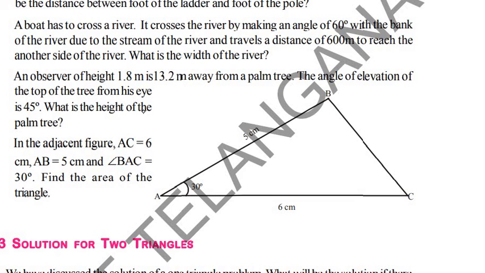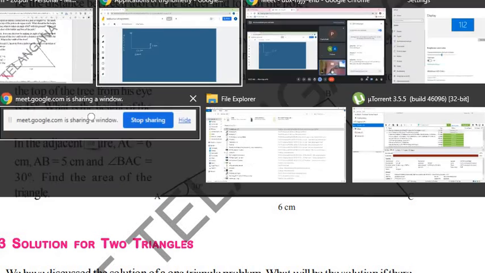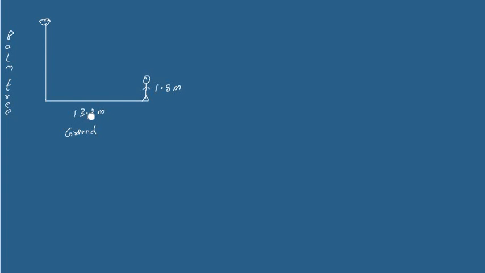Okay. Angle of elevation is how you observe: does it rise up or down? Up. Angle of elevation to the top of the tree. Look up, 45 degrees from his eyes. Does the observer look from eyes or legs? Eyes. So with the eyes, this observer is looking. For the angle of elevation, you need a right angle triangle. Draw it.